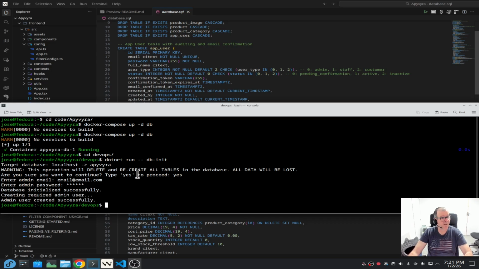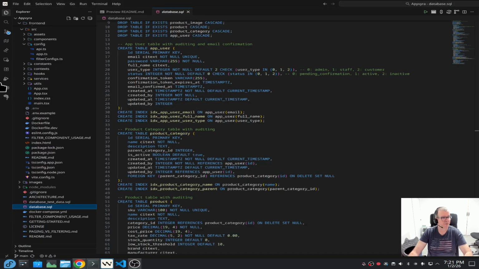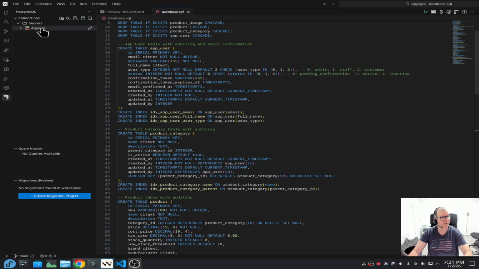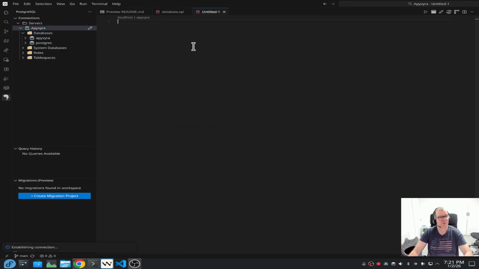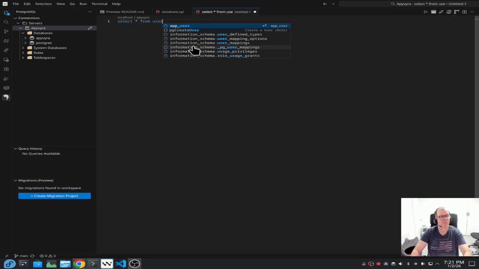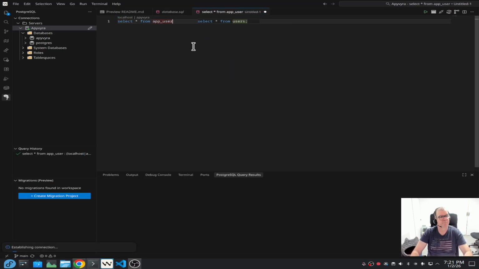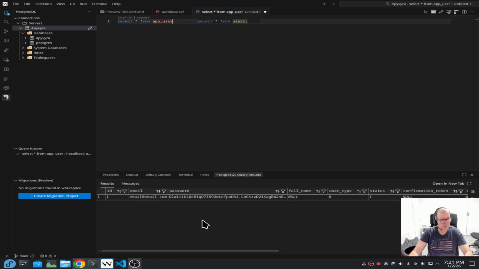So we have a database. We could, for example, go here in Postgres and connect to that database. This is the database that's created. If I do any select, for example, select star from app user,